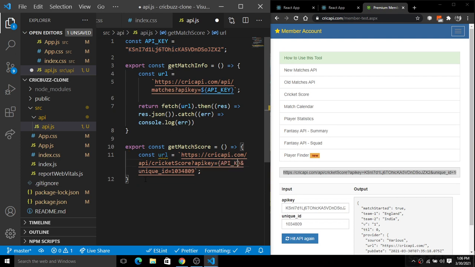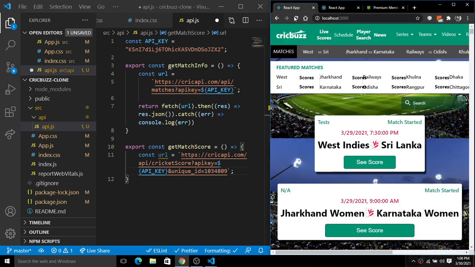API key, and here put a $ sign here. So this is the unique ID, and this unique ID will be generated from the button that we will click. I will show you this here.